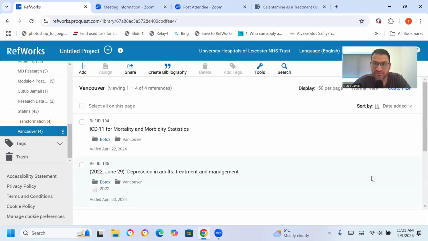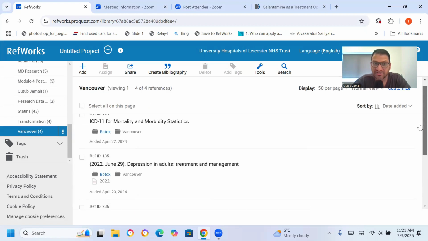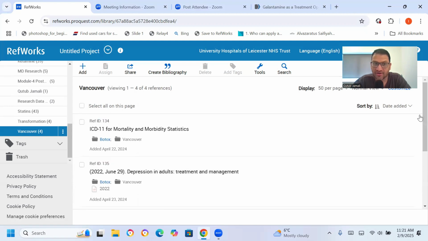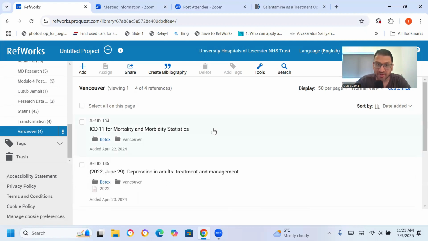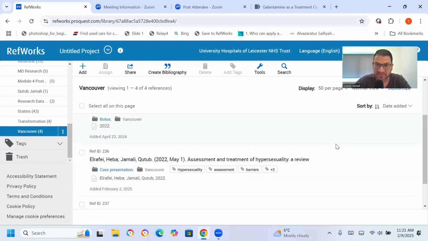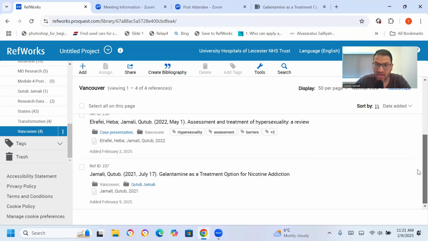If you click on this, now say for example, this is an order here. I've started with, so I've included one reference in my article, and then I've put it back on my folder. Similarly, you put it in order. So number 1 is this, then number 2 is this, number 3 is this, and number 4 is this. Okay. Now, if I want to create a bibliography of Vancouver referencing style in this order,